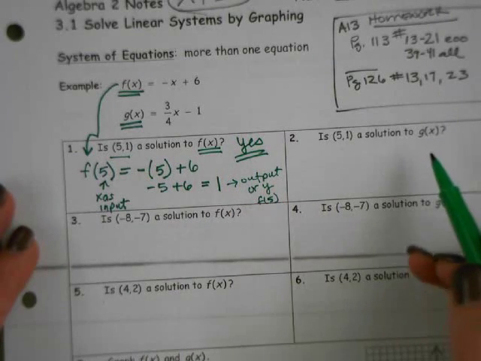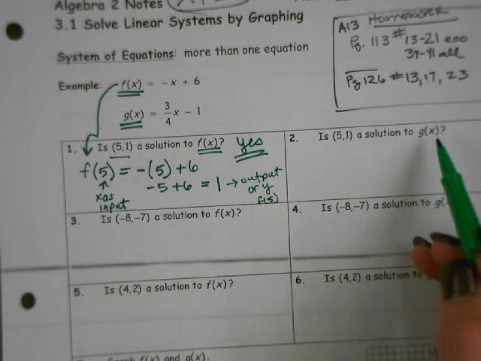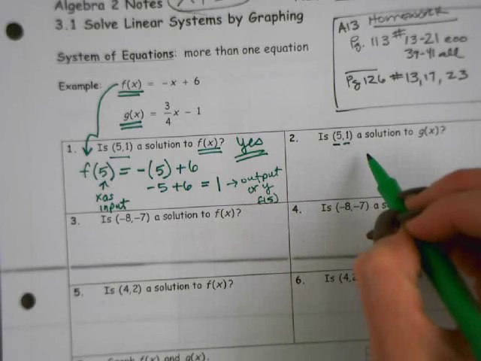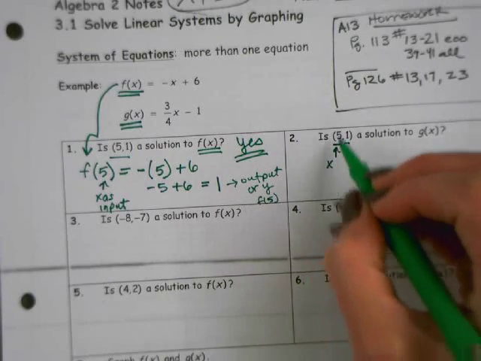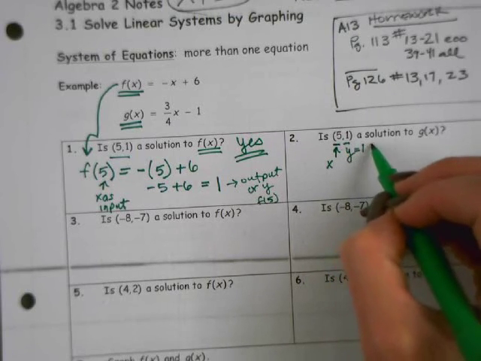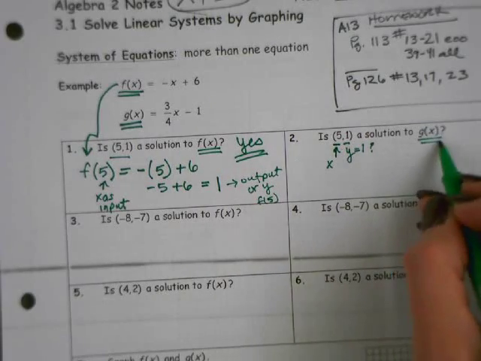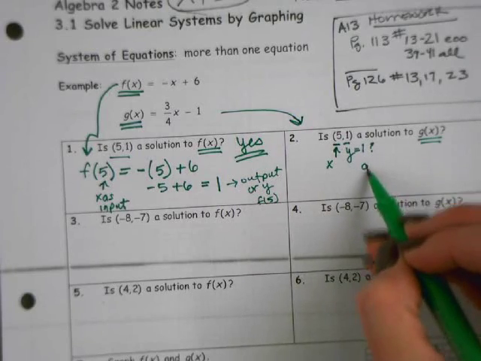Okay. So now it's asking us, is (5, 1) a solution for g of x? It wants to know if this ordered pair, (5, 1), is going to be a solution, meaning if my input x value is 5, will my y value equal 1? That's what it's asking. So we're using g of x now, so we'll do g of 5